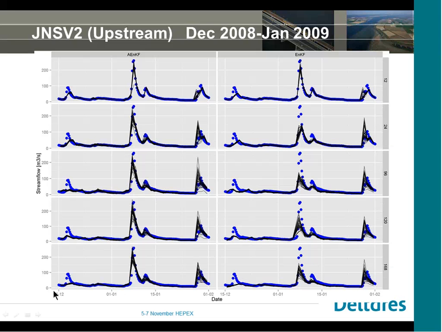You see that using perfect rainfall as input, some of the peaks here are not captured, neither by the asynchronous ensemble Kalman filter nor by the ensemble Kalman filter. Here it seems that the asynchronous Kalman filter is performing better at 7 days ahead than the ensemble Kalman filter method.